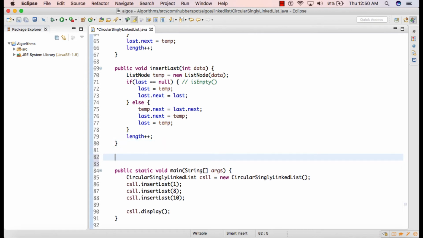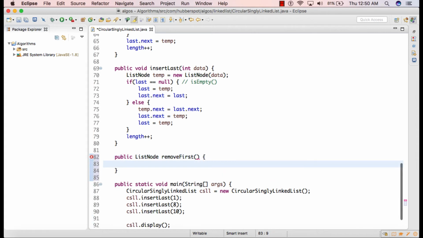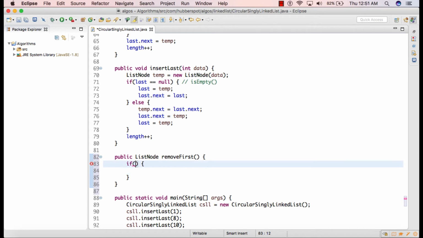So here let's suppose the method is public ListNode removeFirst. So friends, here I have given the method name as removeFirst and whose return type is ListNode. So this method will remove the first node from the circular singly linked list and return it back to us. So in the first step, as we saw in the slide, we are checking whether the circular singly linked list is empty or not.